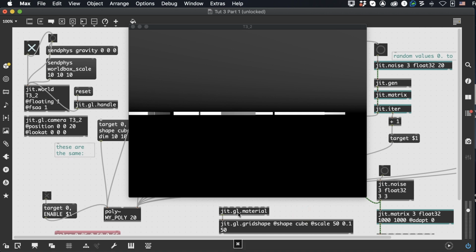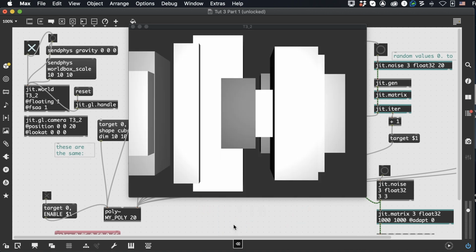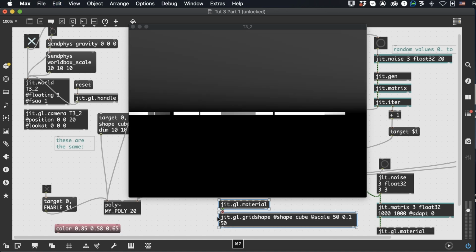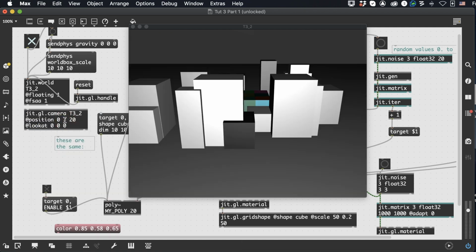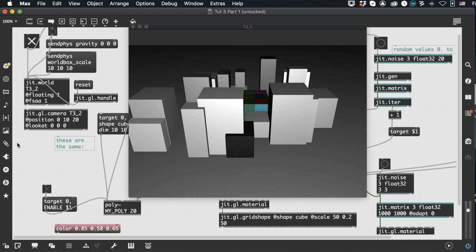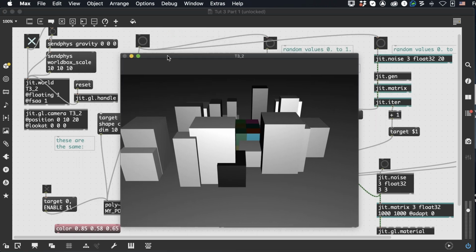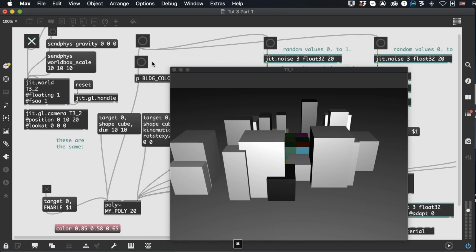That's the floor, so we can't see anything. And here I'll show you, if I just delete that, we're looking at our buildings. But if I put it back, we're actually inside this floor we just made. Not a great place to be. So let's just move our camera position up to say like 10 meters above ground level. Yeah, and now we've got a vantage point on our new city, and every time we